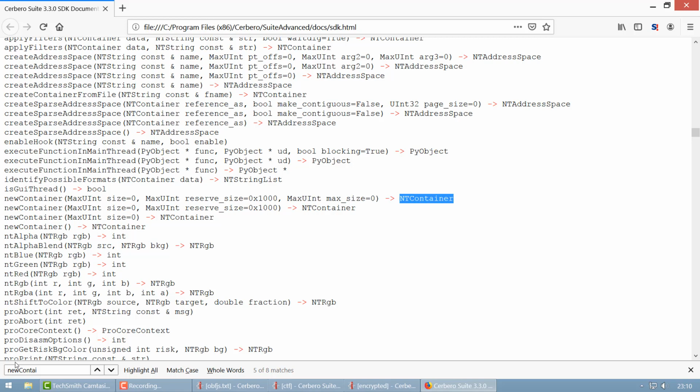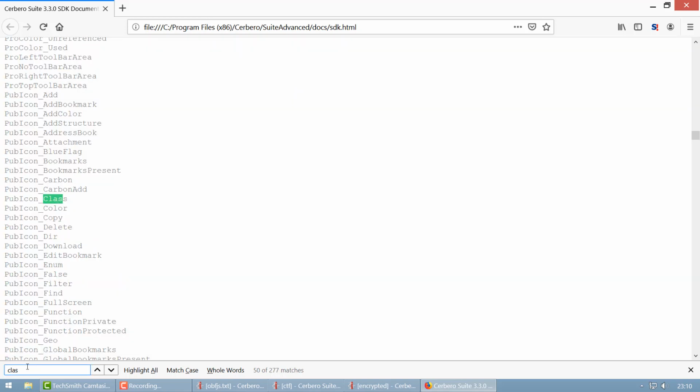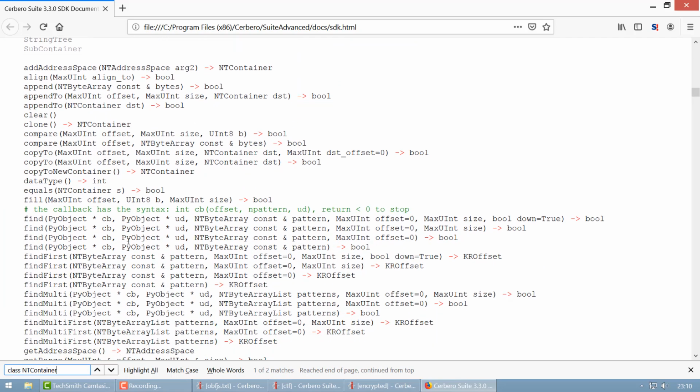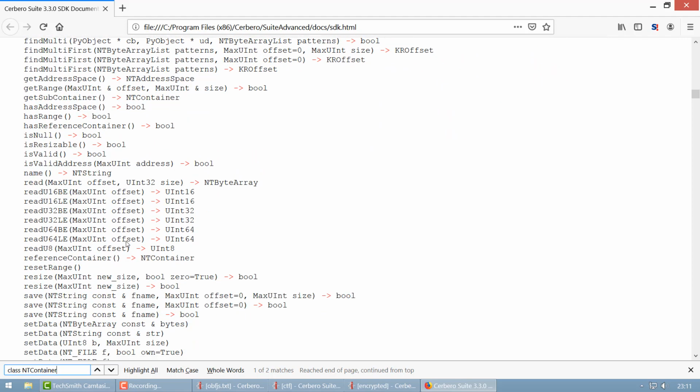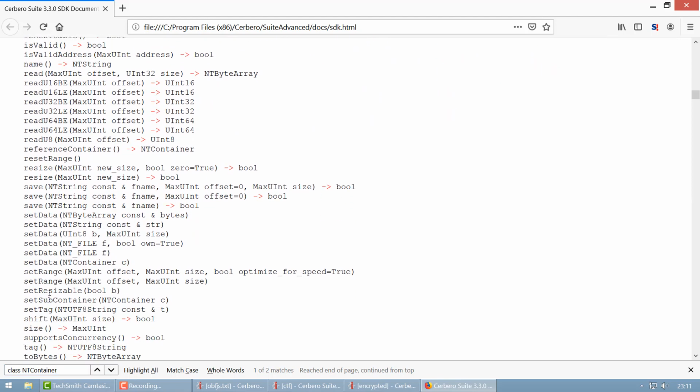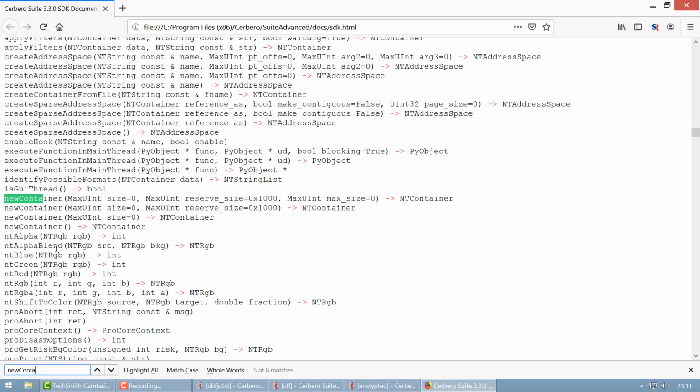It's not very practical, but you can navigate from here. In this class you have the set resizable method if you want to increase the size of it, if you don't know it from the beginning. Otherwise you just create a container already with the right size,